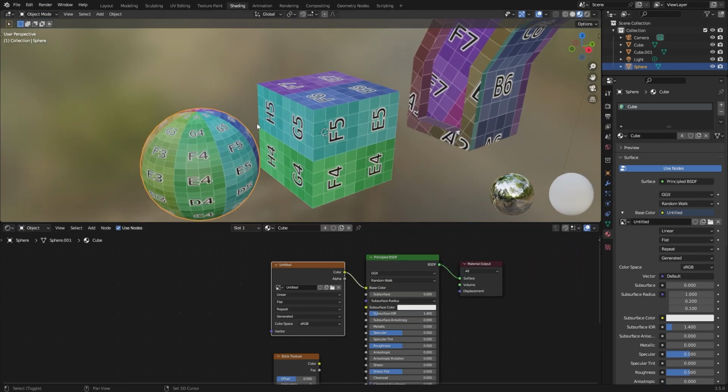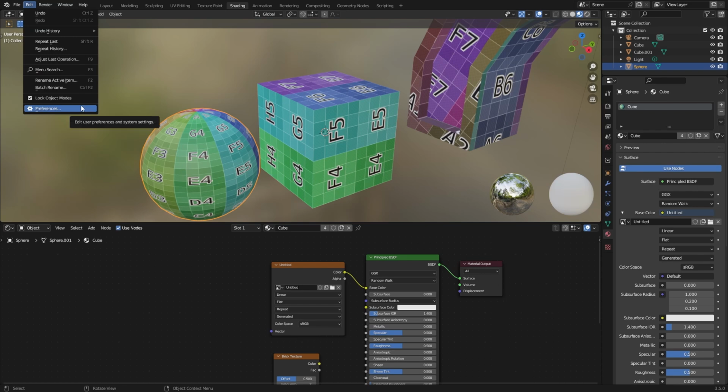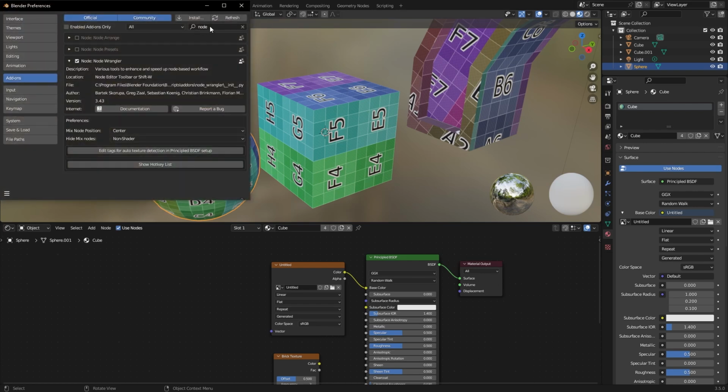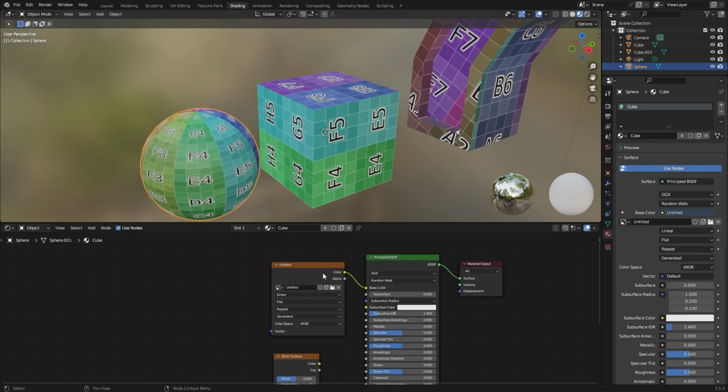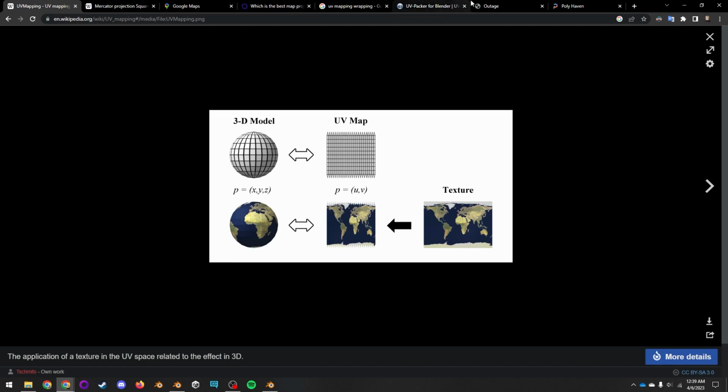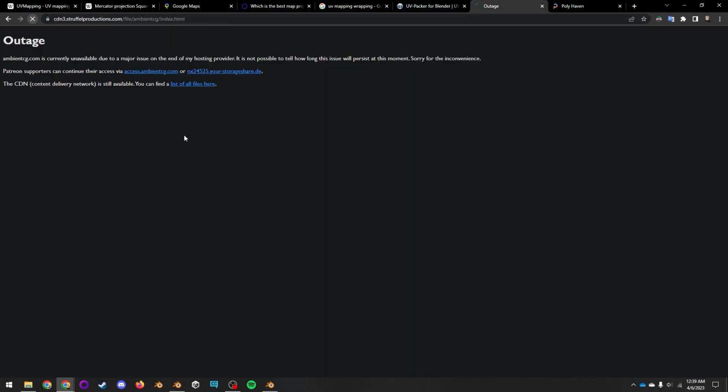So let's talk about PBR textures now. And for that, I would very highly recommend you go to add-ons and install the Node Wrangler add-on. Type Node Wrangler in there and click the checkbox. Because what we're going to do, first we have to go get a texture, and as of recording, there's an outage on the best texture site,